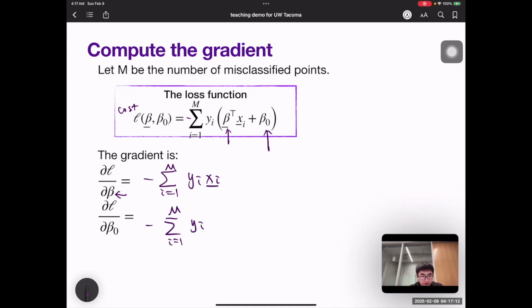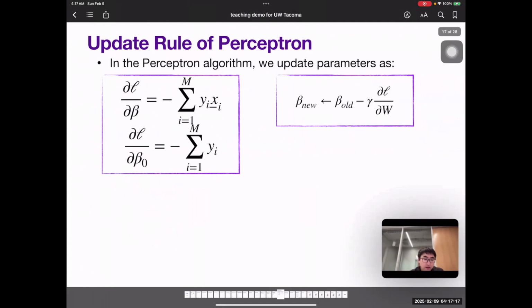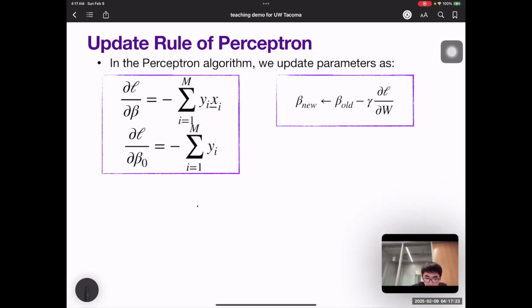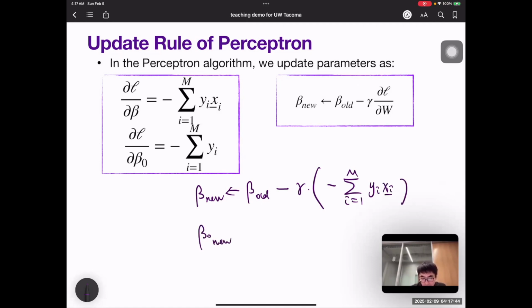Now we have the loss function and also the gradient. Let's combine the gradient and also the update rule. So one way to do it is beta new equals beta old minus the learning rate times the partial derivative, which is negative sum over i equals 1 to m of yi xi. And also for beta naught, it is similarly beta naught old minus the learning rate times